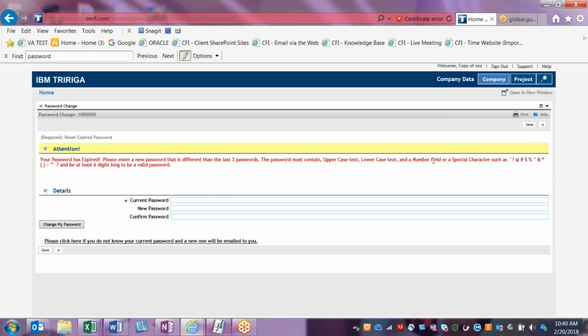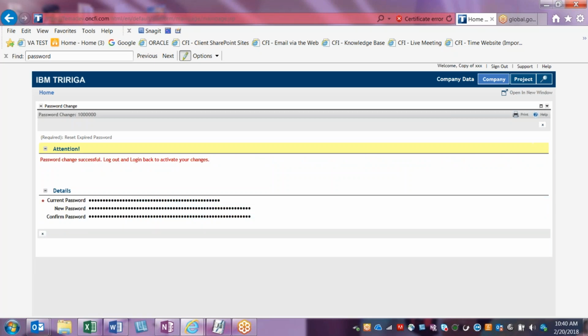Uppercase, lowercase, number, and a special character. So current password is 1, capital PASSWRD, 1, 2, 3, exclamation, my typical that usually meets this criteria. Change my password, and if I met the criteria, it'll give me this successful, and I have to log out, log back in,